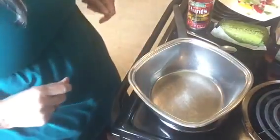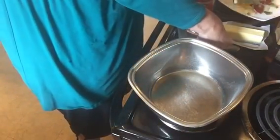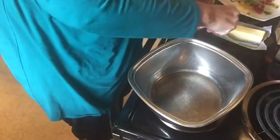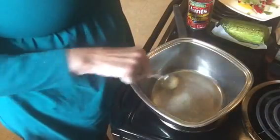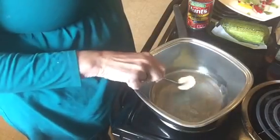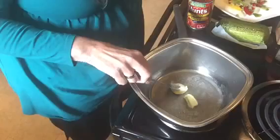So to our pot, I'm going to add some butter, and all the ingredients are Dollar Tree ingredients. So that's about a nice full tablespoon of butter. And to that, I'm going to add,